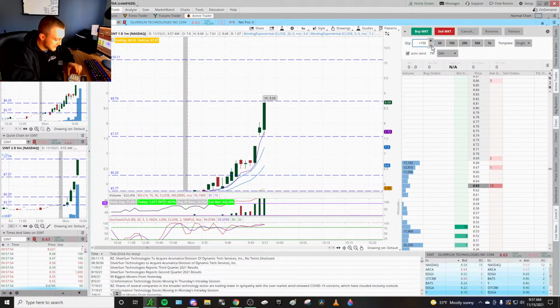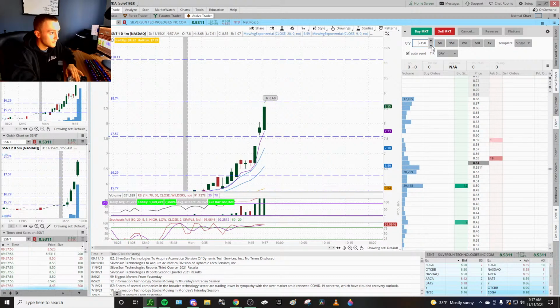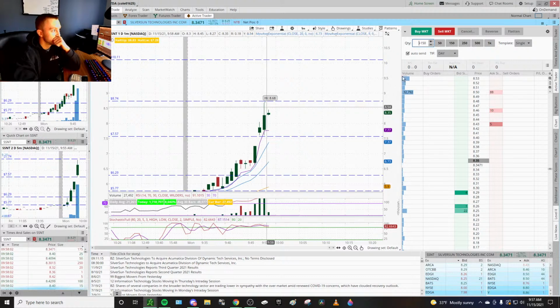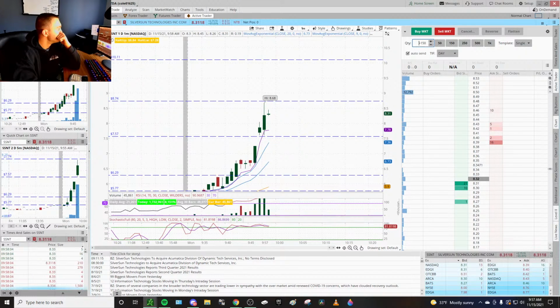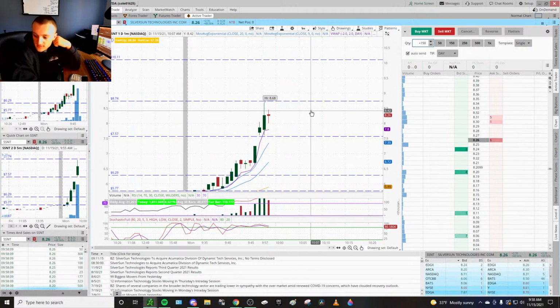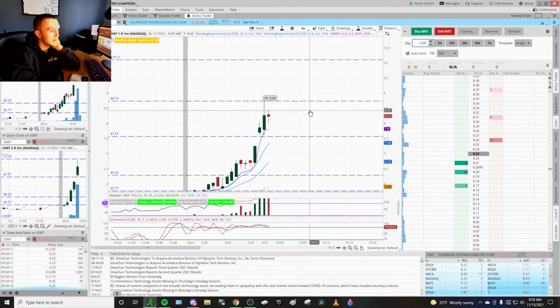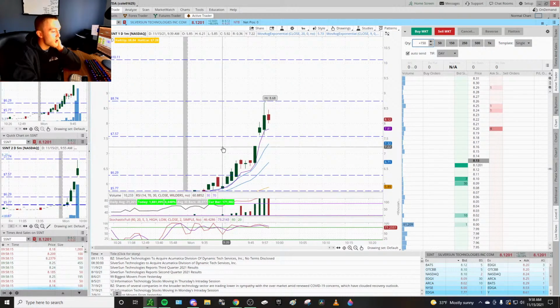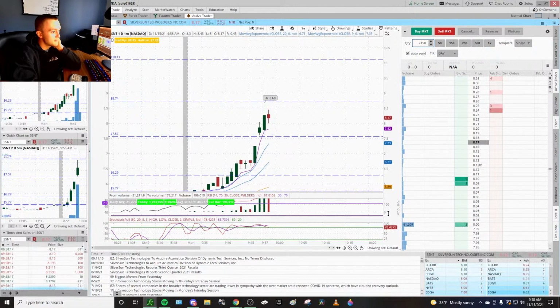I want to start seeing stacking here. I'm going to wait to see stacking. What are you looking at? I'm looking at SS&T. SS&T did gap up after the halt. So let's see if we can